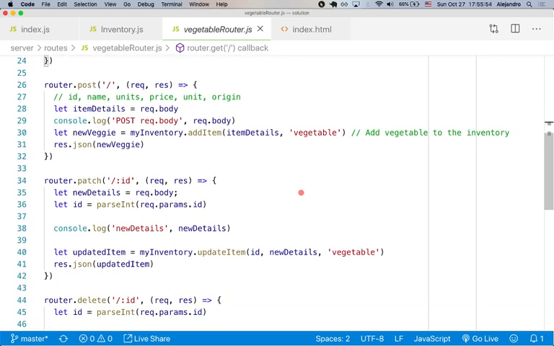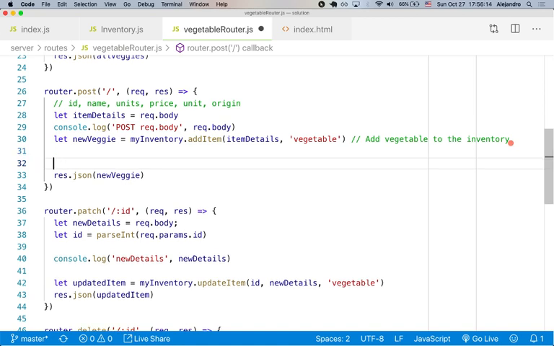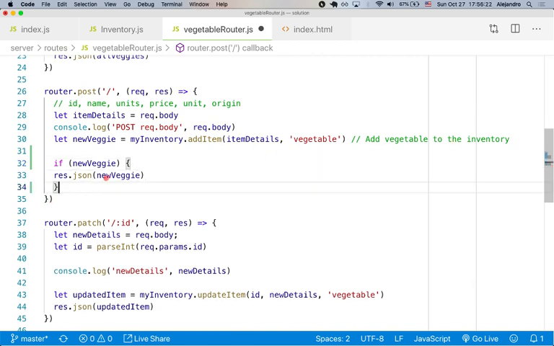For the post here, we could just check if this is truthy, right? If the new veggie was added, then reply back with the new veggie. If it's not truthy, that means it's null. It didn't succeed. Then let's reply back with a message. This will literally be like 2 lines. So if new veggie, just reply with that JSON with the new veggie. Else,